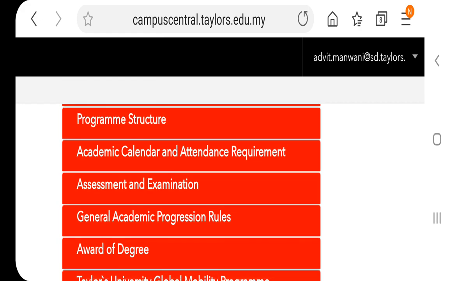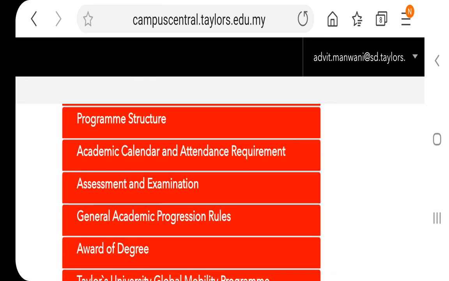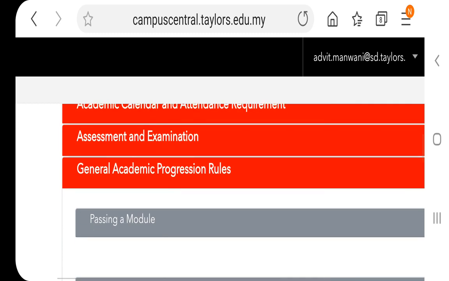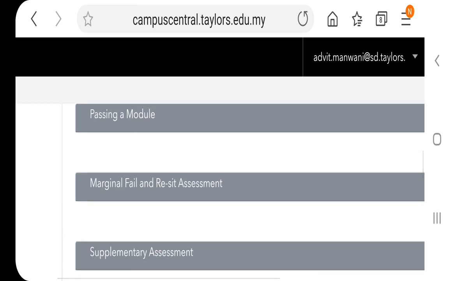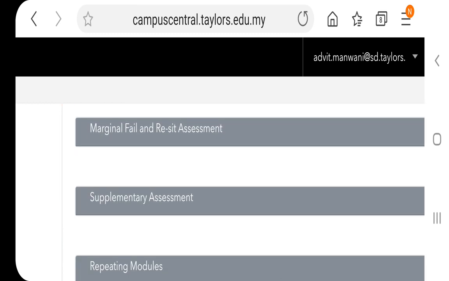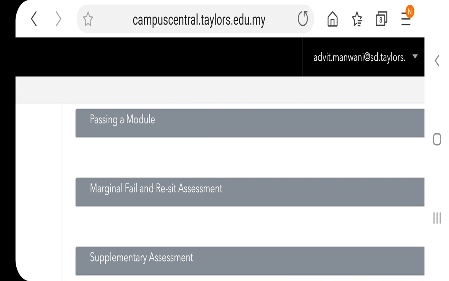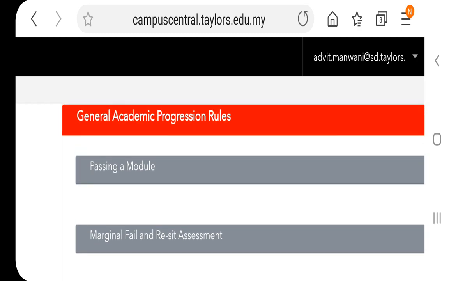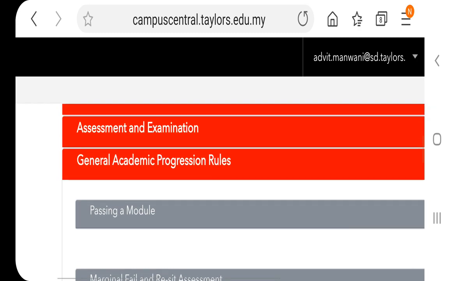Now, within each category, there are subsections. For example, when you click on General Academic Progression Rules, there are subsections here that you can choose to understand those sections in greater detail, right? Now, in summary, my advice is for you to take the time and review this to understand your program better,